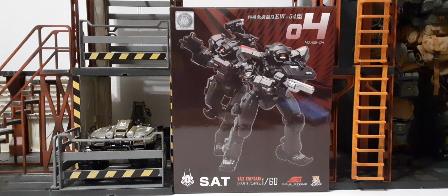Welcome back to another action figure review. In this review, we're going to be taking a look at an offering from Mechanic Studios. The Stellar Knights AGS-04 Police Captain S.A.S. EW-53 is a highly detailed police mech, standing in the 1/60th scale, which is perfect for 1/18th